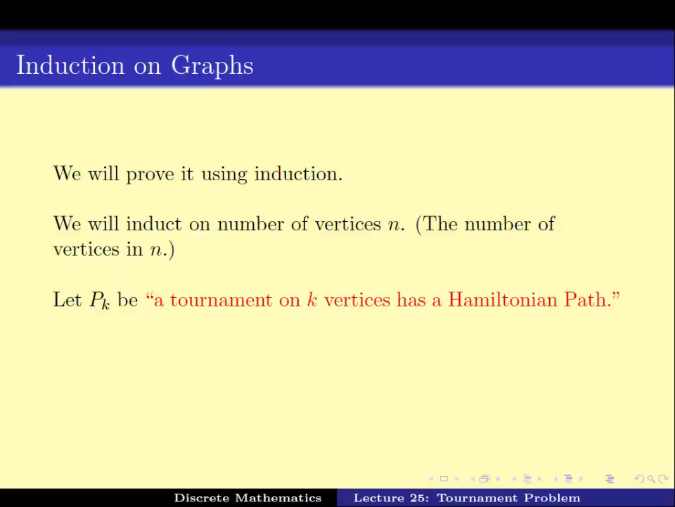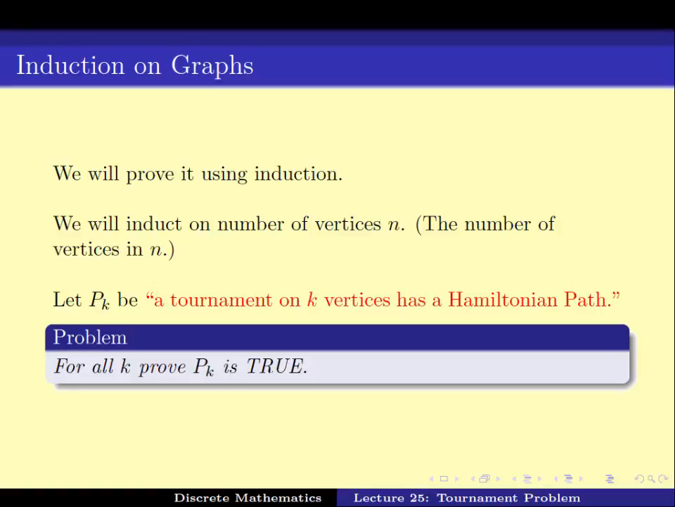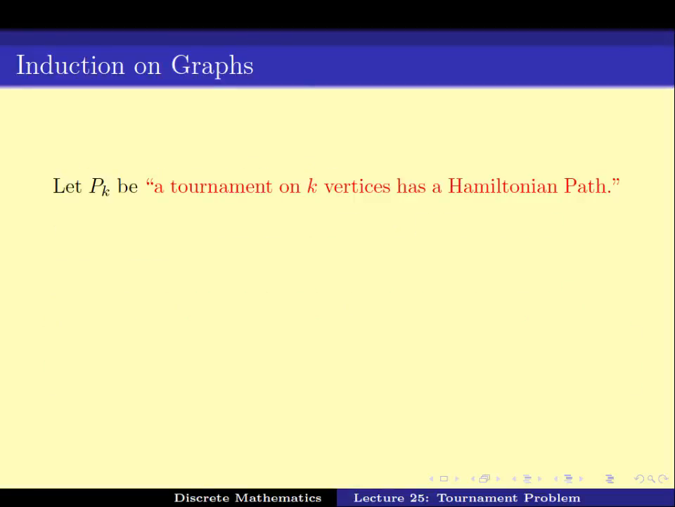So here, we have to split up into small parts as we do in any induction case. And here, let Pk be the statement that a tournament on k vertices has a Hamiltonian path. And we have to prove that for all k, Pk is true. So if this is the Pk, that the tournament on k vertices has a Hamiltonian path, we have